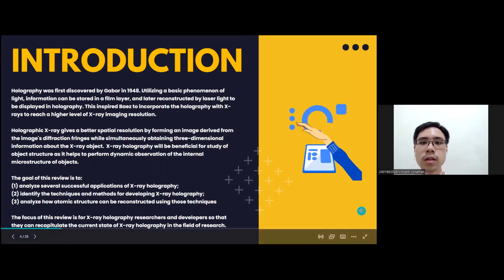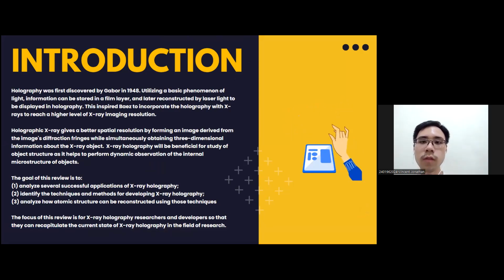The first goal is to analyze several successful applications of X-ray holography. The second is to identify the techniques and methods for developing X-ray holography. And the last is to analyze how atomic structure can be reconstructed using those techniques. Our focus in reviewing X-ray holography is for researchers and developers so that they can recapitulate the current state